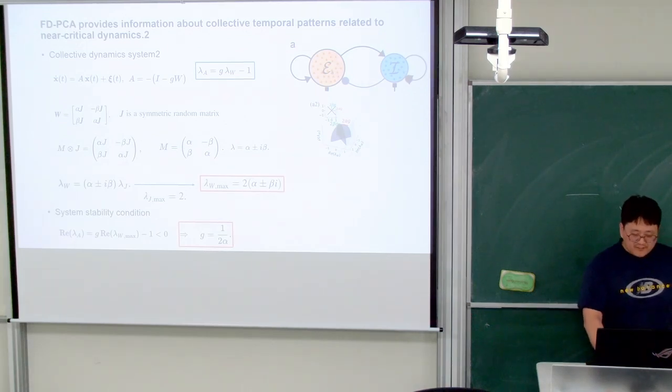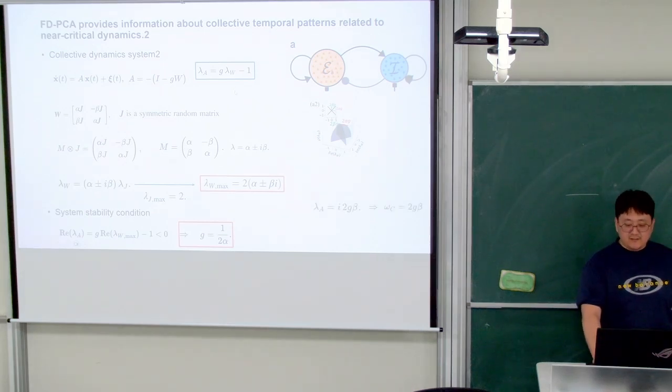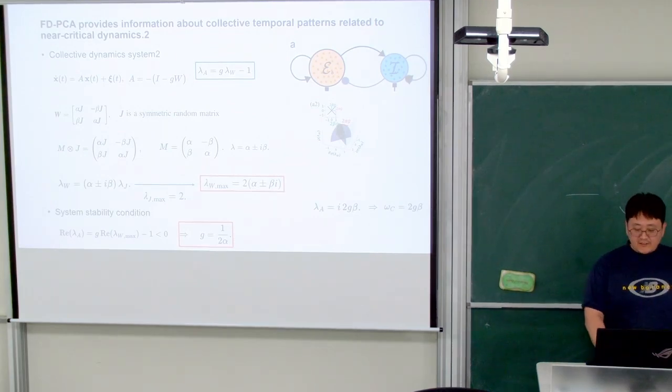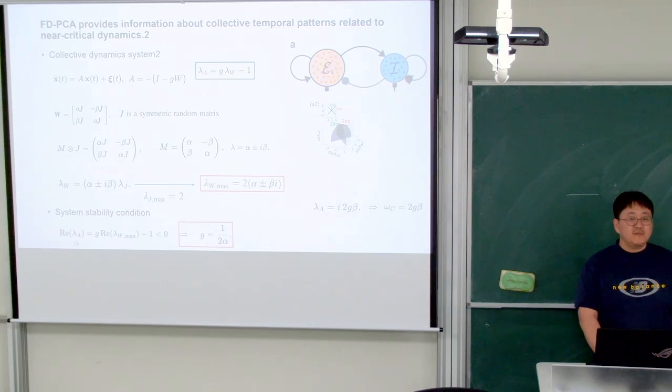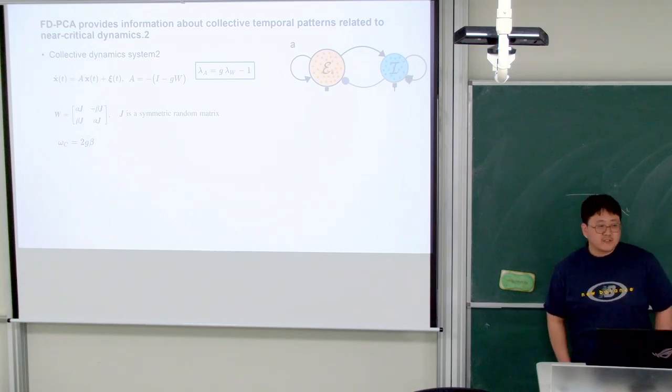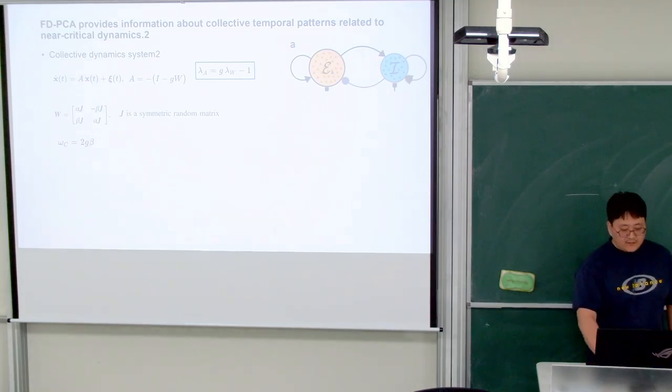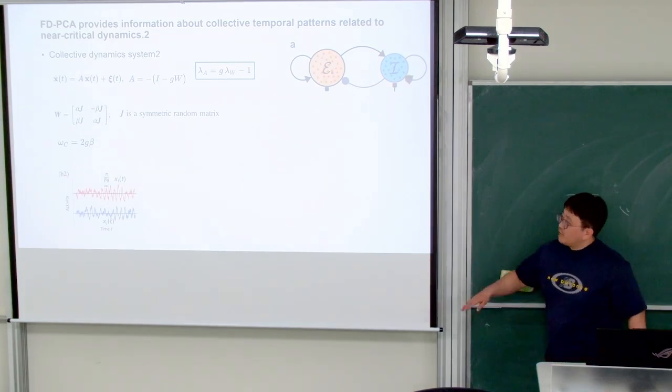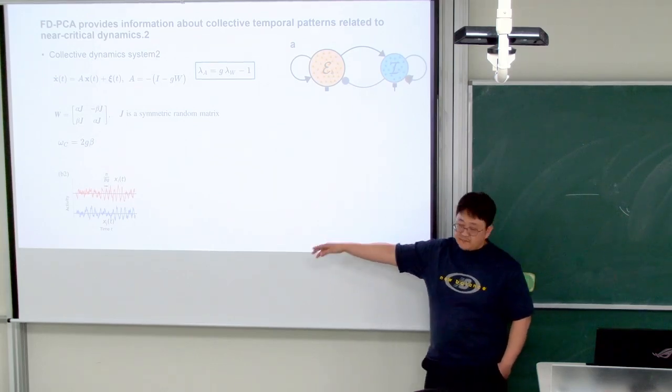So let's plug in these two values into this equation to get lambda A. Then finally we can get this complex number, imaginary number, and from this we can get the frequency. Okay, so this frequency is the collective frequency. So yeah, we have this collective frequency, and if we draw the time series of this system, then we can